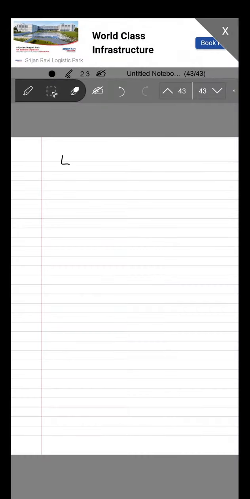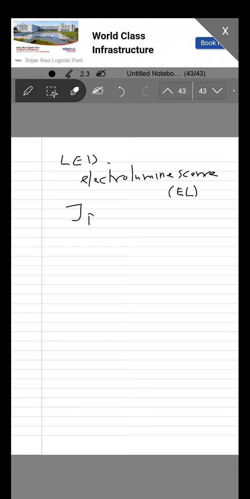LED especially works on the process of electroluminescence. In short, it's called EL. And if you have a forward biased PN junction, it carries the recombination in the depletion region,